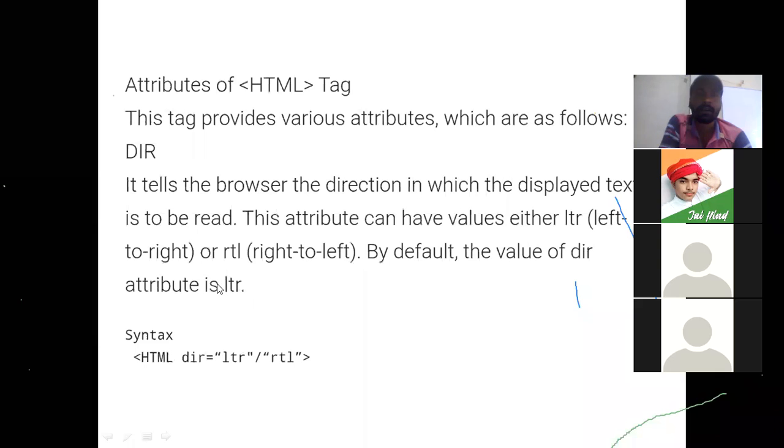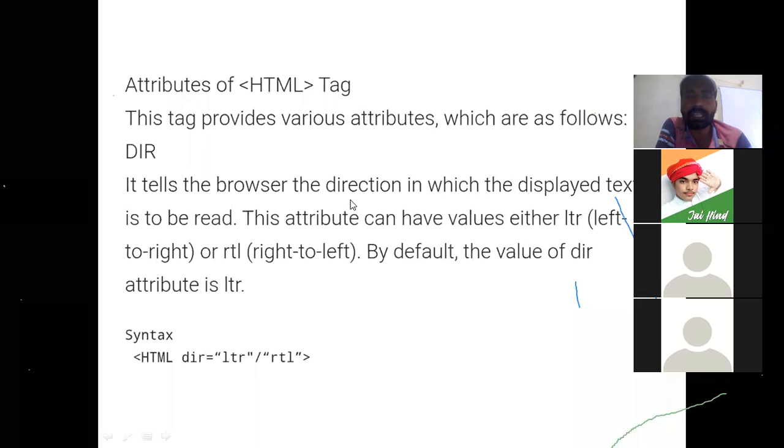Now, what are the attributes of the HTML tag? Like we have attributes of the body tag and font tag, in the same way we have attributes of the HTML tag also. The first is the dir attribute.